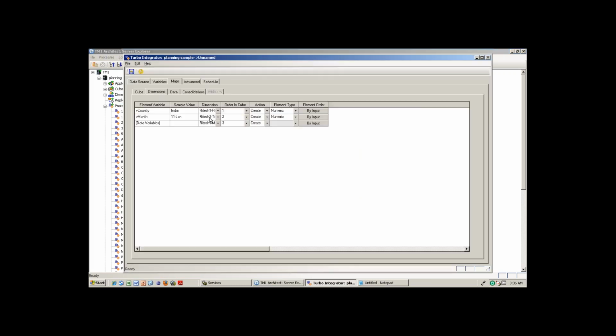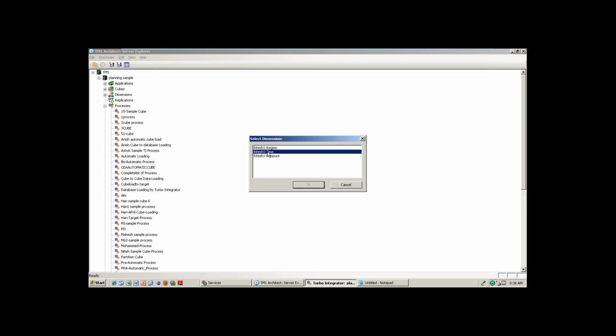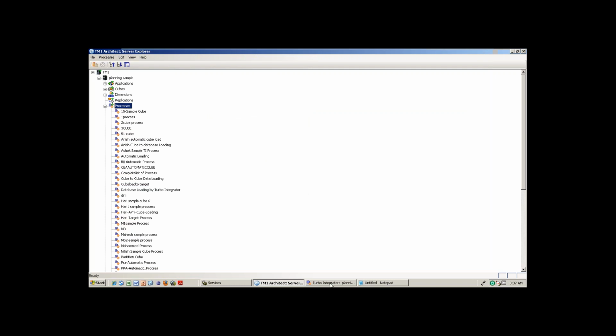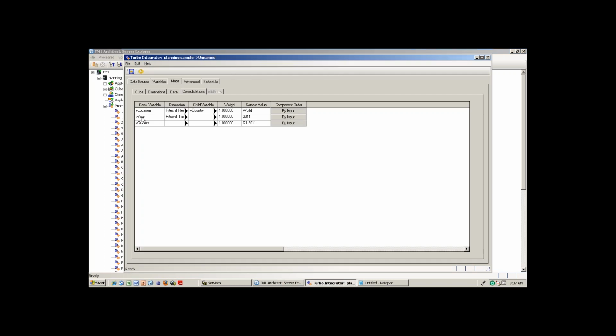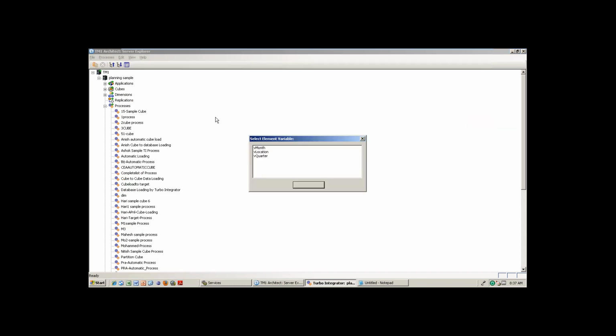Whatever dimension you have renamed, you select for that one in the consolidation. Location is falling under region. So what is the child of region? It's country. Same thing for year. Year is falling under the time dimension. And what is the child for year?